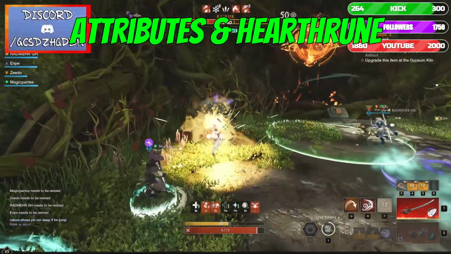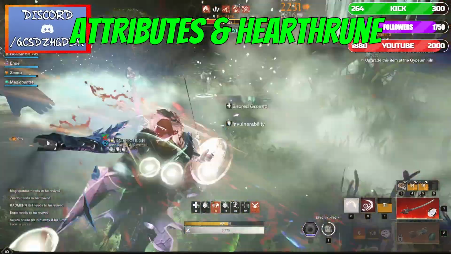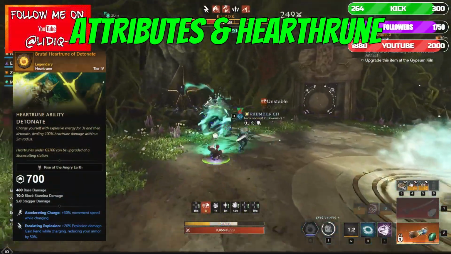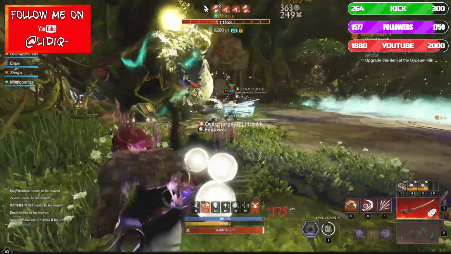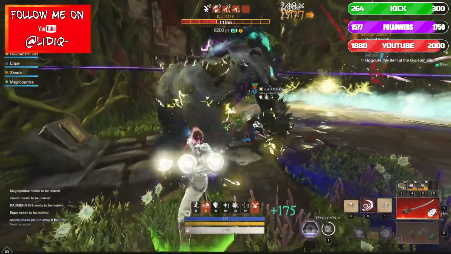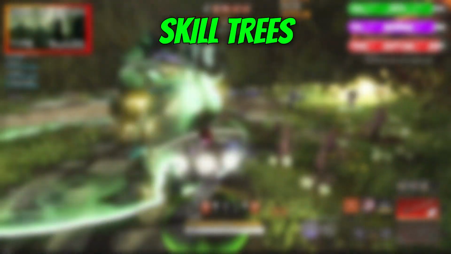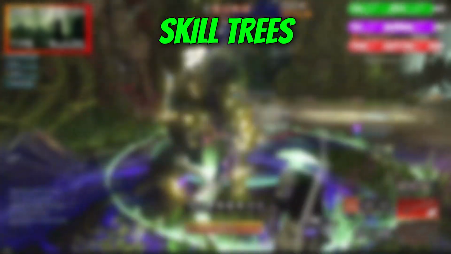For Hearthrune you can take whatever your team needs, especially if you are running with premates, but in my opinion Detonate remains the best choice from all, as it doesn't lock you in animation, so you can keep your rotation going all the time. Another extremely important note are the skill trees for both weapons, and I will just touch on them for a second, as we had a small change which now forces us to lose one good passive